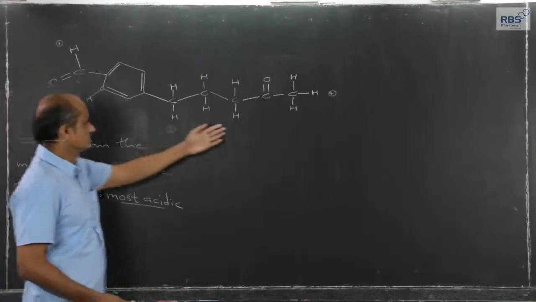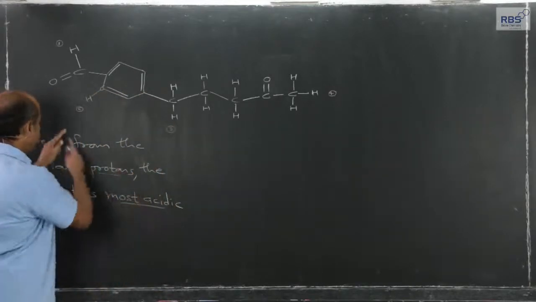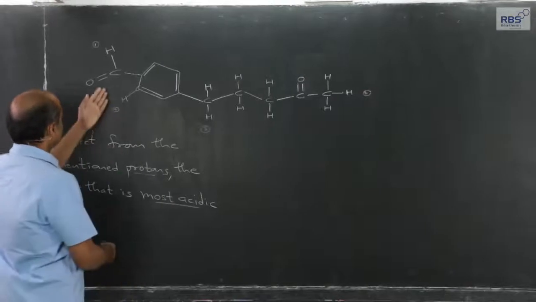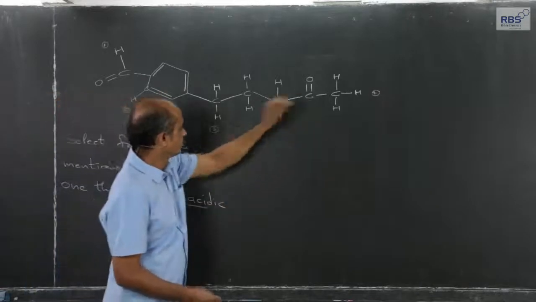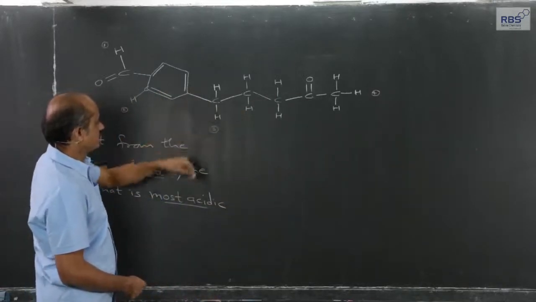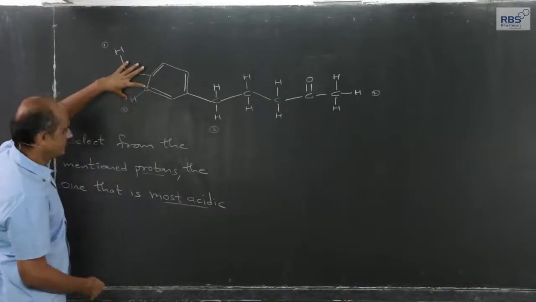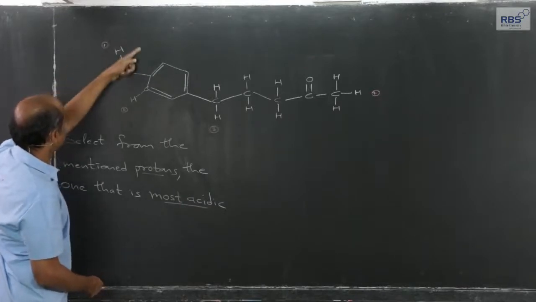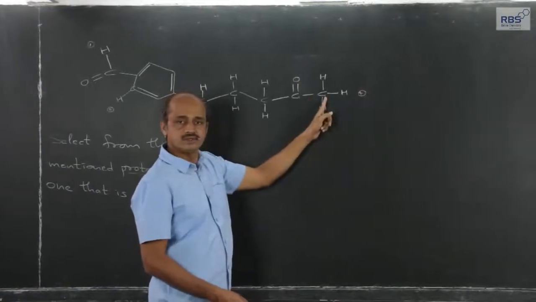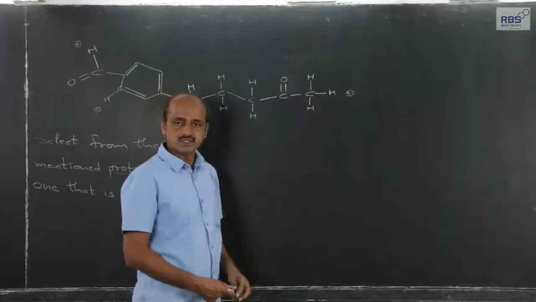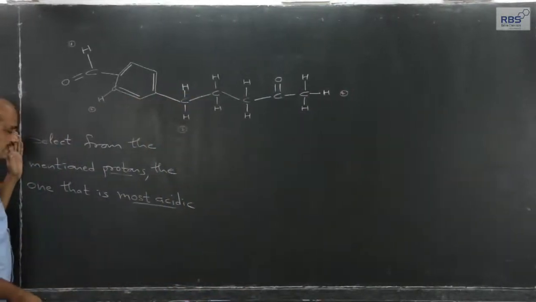Here is a structure. Now, we need not go into the functional group and nomenclature because that is not part of what is asked. Although the aldehyde group is attached to the aromatic benzene ring, a ketonic group is present, and CH bonds are present: aliphatic CH bonds, aromatic CH bonds, the CH bond of the aldehyde group, and the methyl group attached to the carbonyl carbon. So many CH bonds are present in this compound, and what is asked is this.